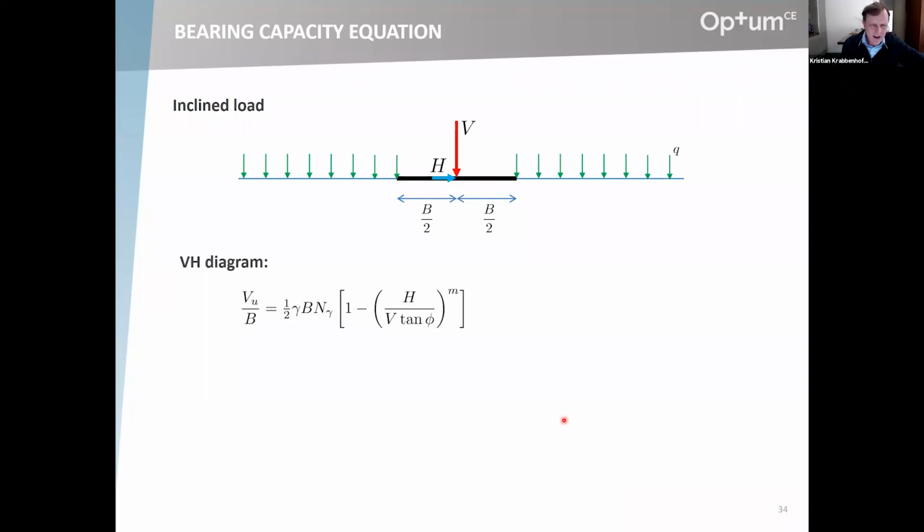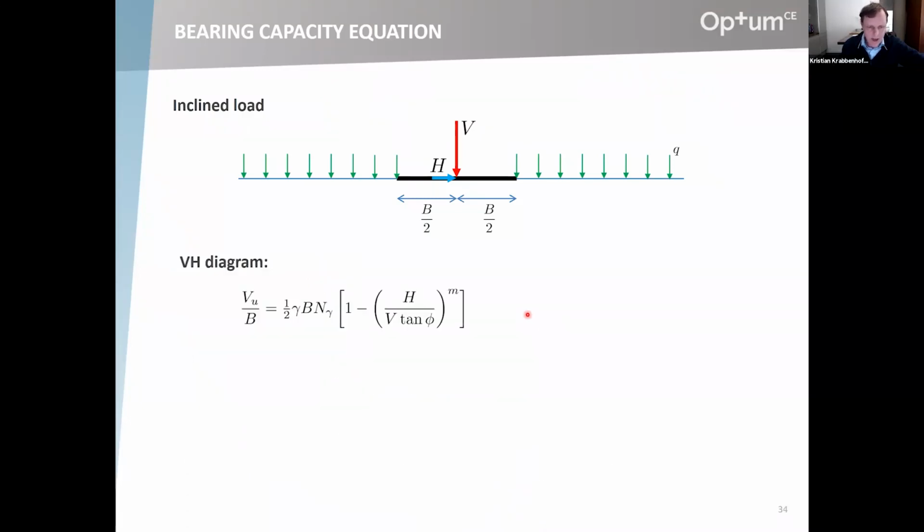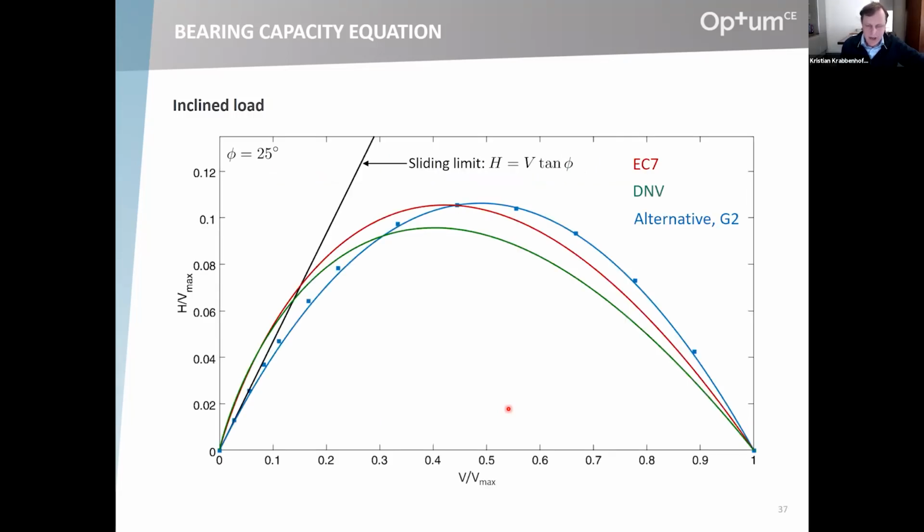Then another way of looking at it, instead of looking at inclination factors, you can convert this result basically into a VH diagram, which is a neat way of looking at things. So basically, you ask yourself, what combination of H and V leads to failure? And so you rearrange the equation a little bit, and you come up with something like that, and eventually you can express it in this form here. And then you can plot up your VH diagram, and that's what I've done here